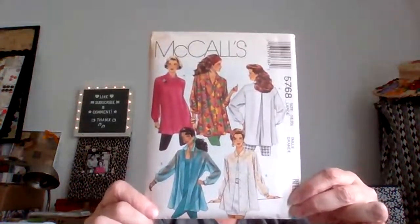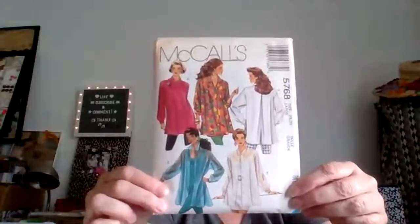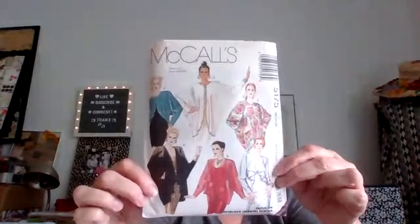Like this was one of the ones that's plus size. You know, it is very tent-like, unfortunately. This was kind of the trend for plus size for a long time. But it's also just a really basic, nice, oversized shirt. So